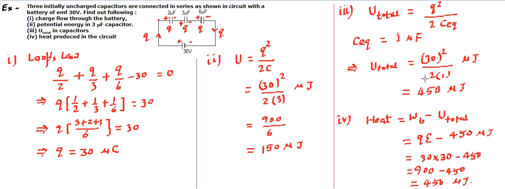So this is how we can talk about the energy stored, and we can also talk about how much heat has been lost. Similarly, we can talk about the total energy stored and heat loss. We can find the energy stored in individual capacitors. We can talk about the charge that the battery supplied, or the charge stored in different capacitors. Once we know the charge, we can also talk about the potential difference across each capacitor. So generally the question will be asking either about the charge, or the potential difference, or the energy stored, or the amount of work done by the battery, or maybe the heat loss. So this is the zone on which the questions come, right? So you just follow it, that's sufficient.